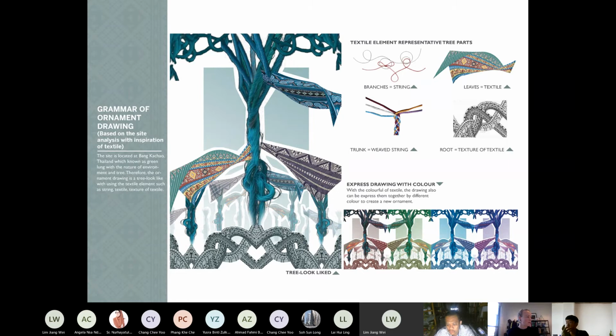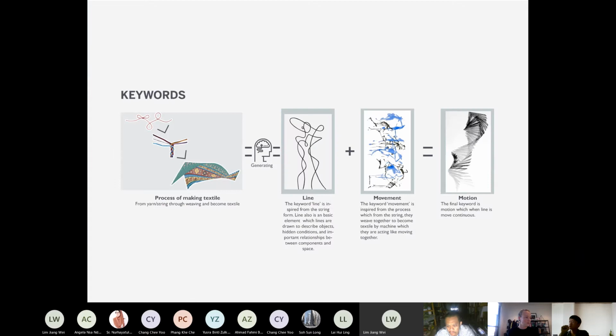This is the tree shape, but changed into textile elements, like string, textile, with the process, and then the texture of textile. The keywords from the drawing are the line, the movement, and then it becomes a motion.